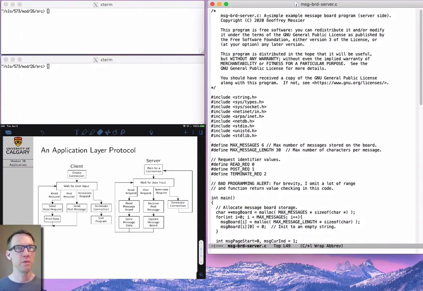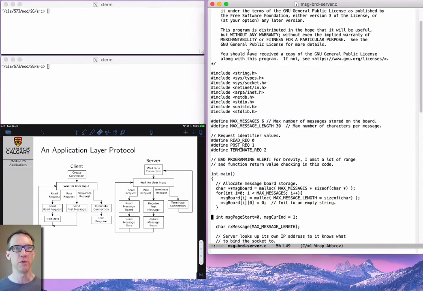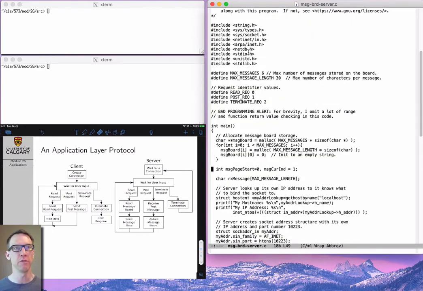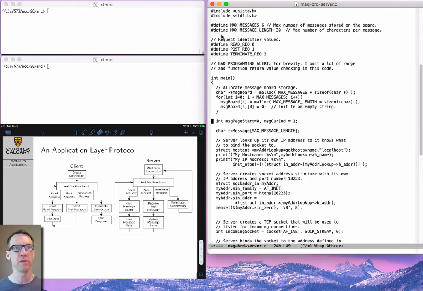Okay, so this is the message board server code. At the start, we've got our GNU public license blurb. We've got a few include files. Then we've got some define statements. The maximum number of messages we can have posted on our message board is 6. The maximum length of a message is 30 characters. I've got some define statements defining the